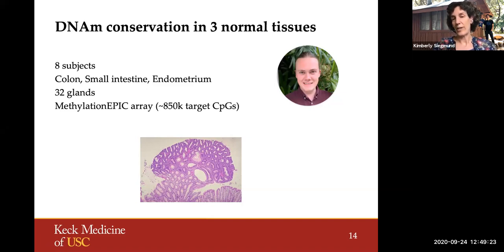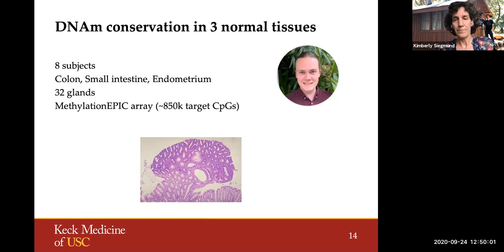cells of that tissue type, because we don't want to just go grab a tissue that's going to have other things floating around, because I was saying these tissues are really heterogeneous bunches of cell types, and each cell type is going to have its own DNA methylation profile. So the glands are small subpopulations that are actually seeded from the same ancestors. So we think they should have very homogeneous patterns of methylation. And then we can look between different glands to get at measures of variability and look for what's conserved across